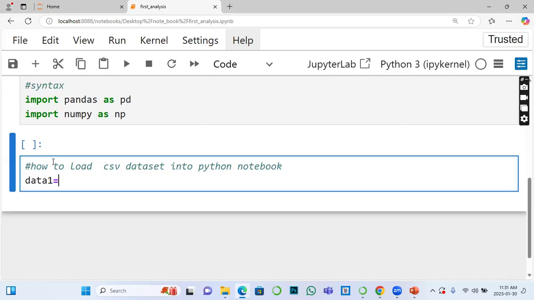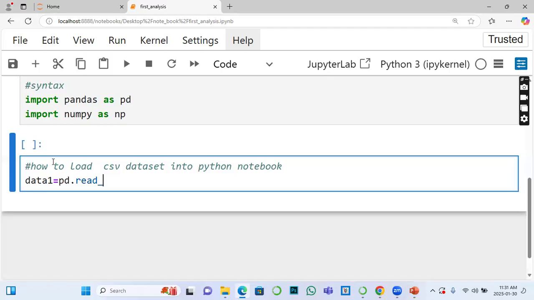Then we attach the function we want to use to load the data set here. It is coming from somewhere, which is pandas. So I will reference the holder of that function by saying pd. Instead of typing pandas, I am using pd, because that is what I declared in my first cell. Then the dot means that you are calling a function, which is